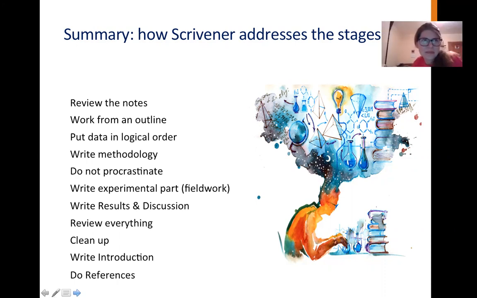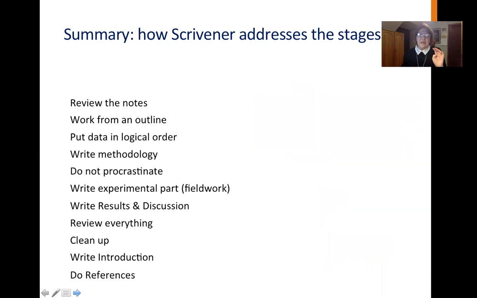So what we've done today, first of all, we reviewed the different stages of the writing process, right? We did the poll of it, and then we looked at various Scrivener features. First one of them was Cogboard, then there was binder, then placeholders, which we haven't done yet, but placeholders, they're